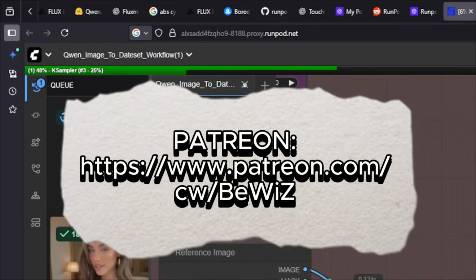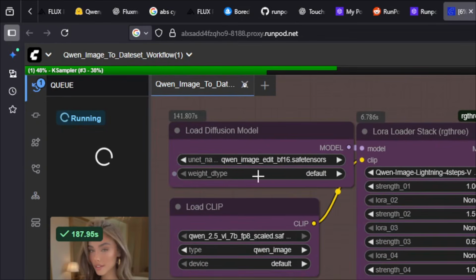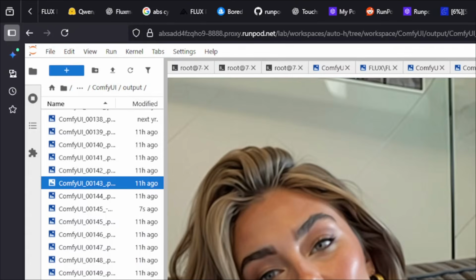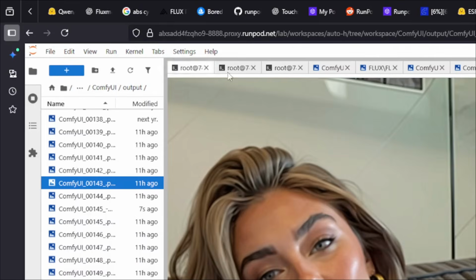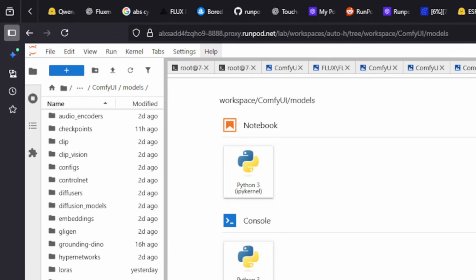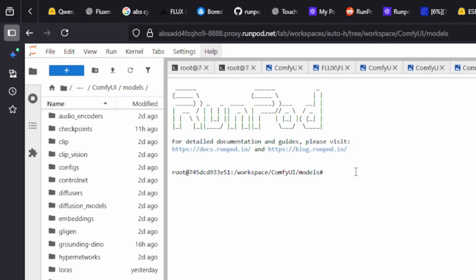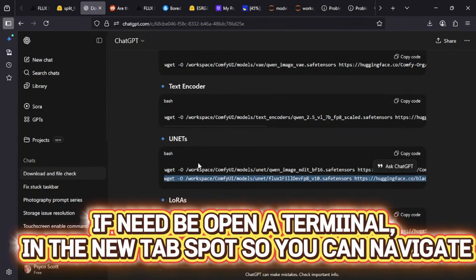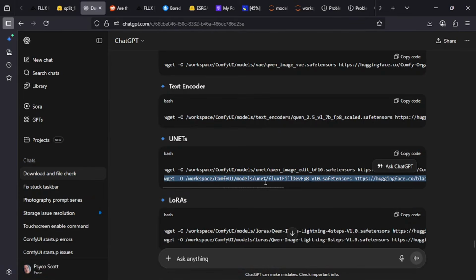Let me tell you real quick, definitely get this and put it in your unit folder. If you're using RunPod, it's pretty simple. You can just cd dot dot. Shoot, I made a mistake there. This might not be the right one. cd dot dot. Yeah, this might be it. Guess what? I've got my handy dandy helper here to get all the links straight for you.